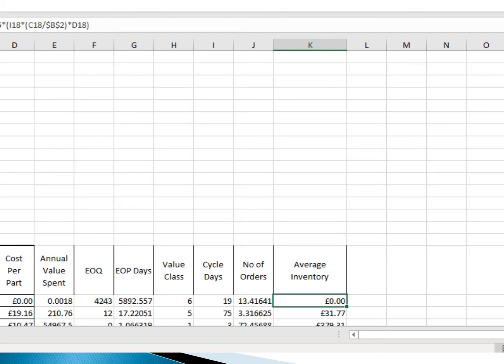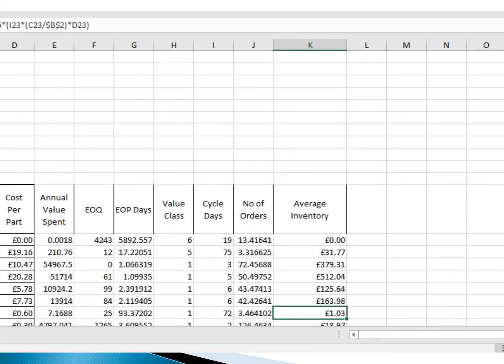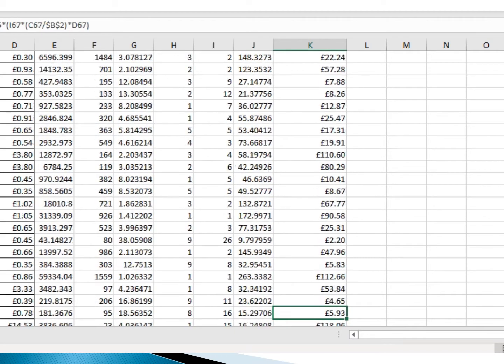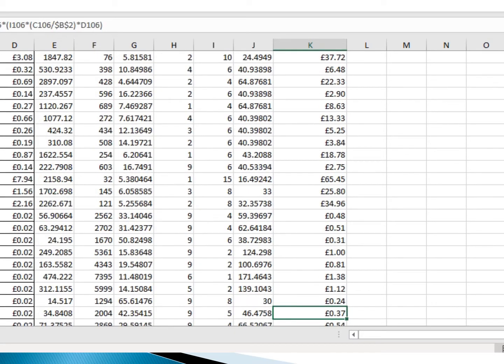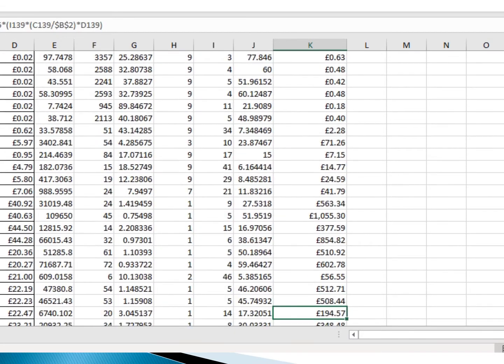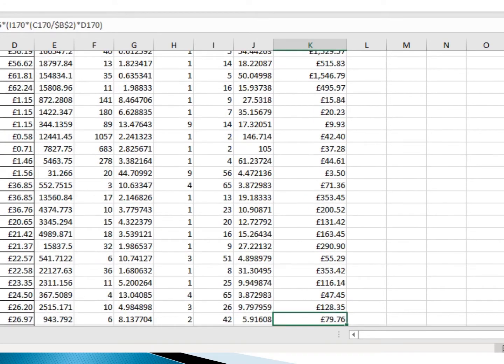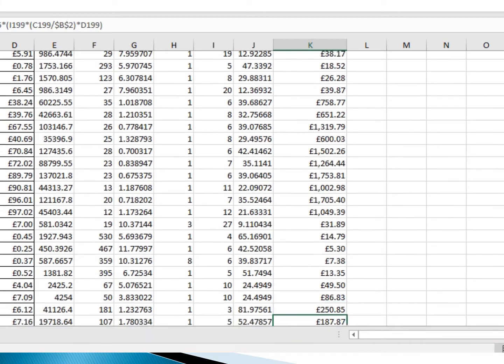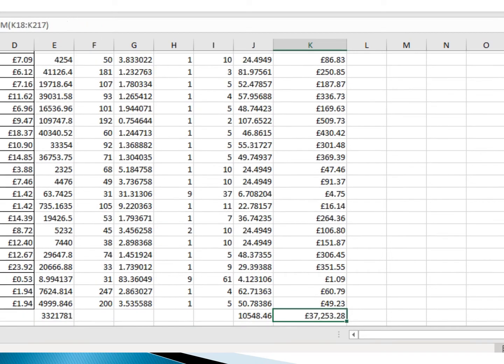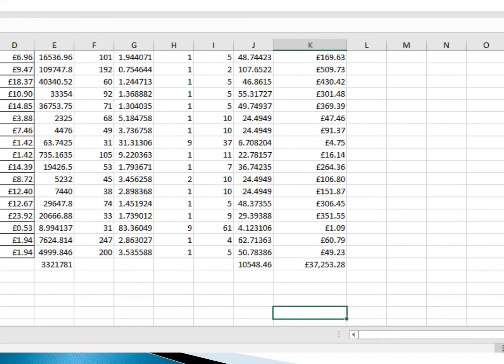There are changes for the different constants of K. Now we see all the values of the 200 parts, and at the end of the values we get the final number of total orders and the final number of inventory.